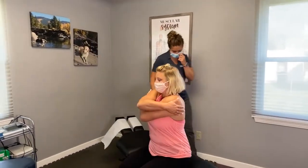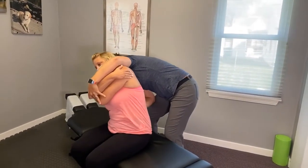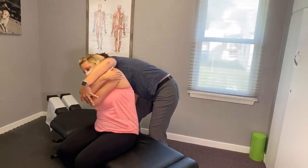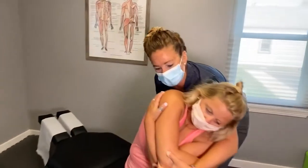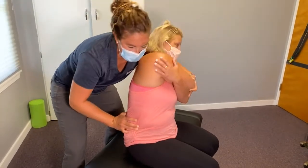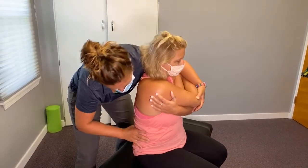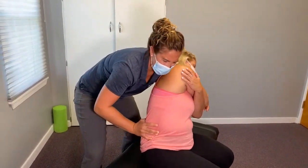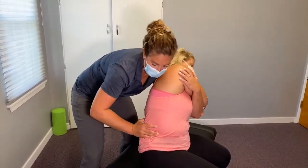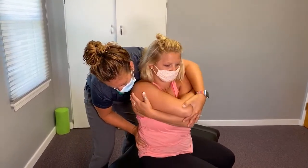Give yourself a hug. All right, and tip to your right. And tip to the left. What we're doing here is treating a really strong low back muscle called the quadratus lumborum. It is a big player in stabilizing the hips and the low back anytime you move or pick anything up. We want to make sure that we get rid of any tightness, any scar tissue or adhesions that affect how it protects the back. All right, turn to your left and turn to the right. And left